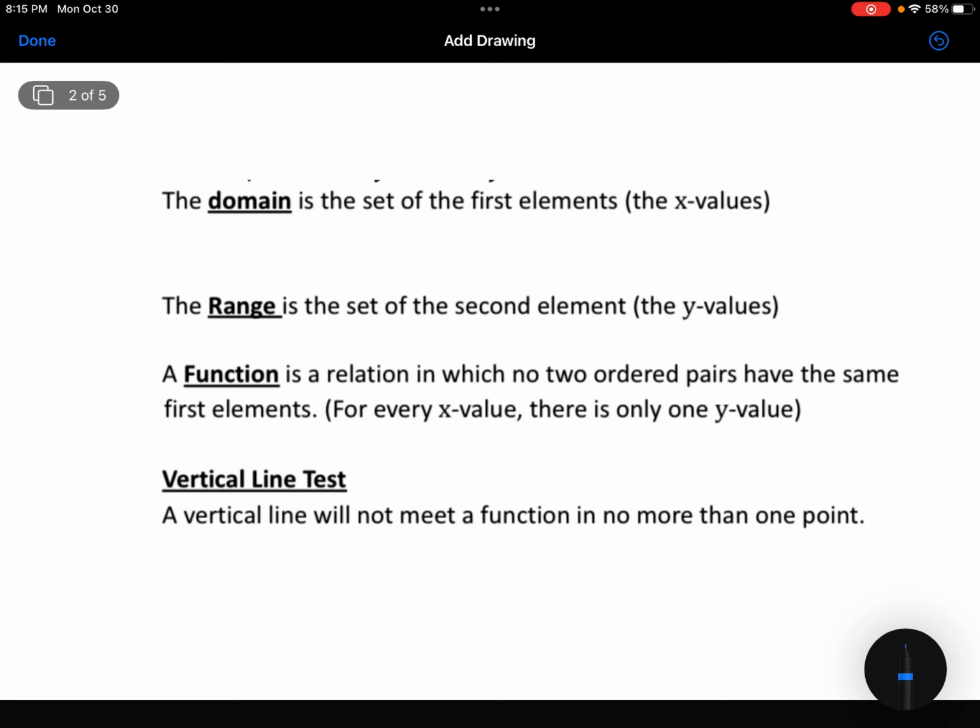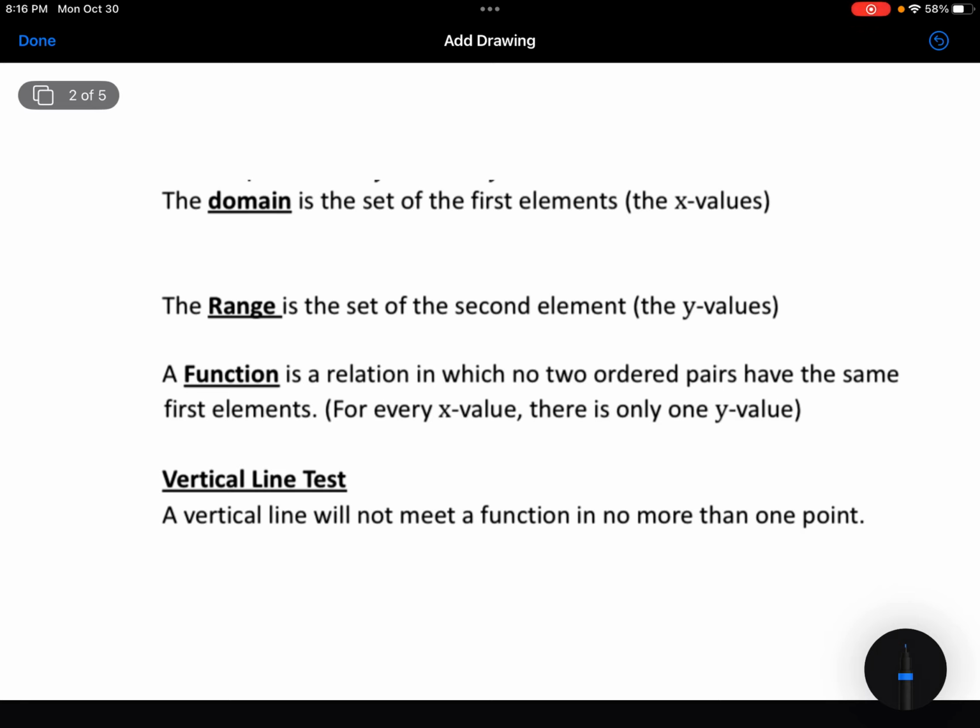Now, when we're looking at a relation, what we have to recognize is that there's a domain, which is the set of the first elements, always the x, okay? They're always independent, okay? And then there's the range, which is the second element, or the dependent, the y values, okay? Now, this could always be different letters. It doesn't have to be x and y. Could be A and B, M and N. It's always the first letter alphabetically is the domain, the second letter alphabetically is the range,